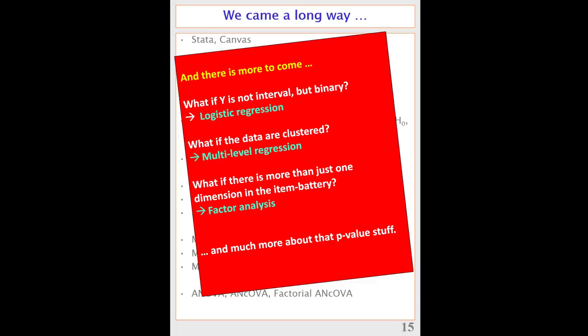So we had clustered data, which is not a good thing, against the assumptions in multiple regression. So we need to know something else that we can use to deal with this. It's called multi-level regression. We'll do it in the next course.